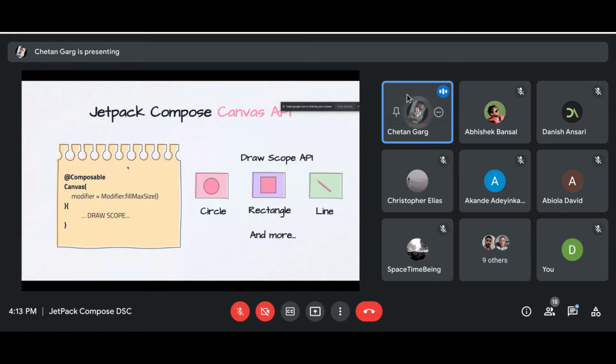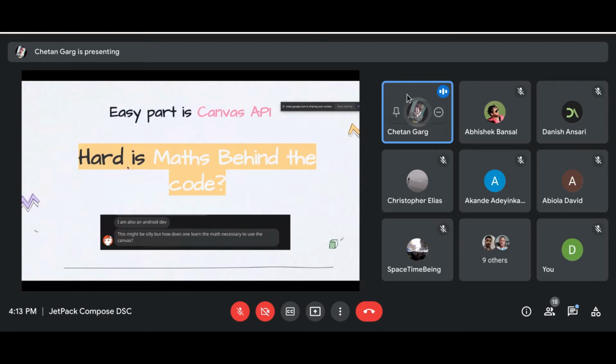But actually, why are developers like you and me afraid of using Canvas to draw things? It is because of the maths. On every other platform, after posting my example, I was getting this specific question: how much effort is there to learn the maths behind it so you can draw beautiful things on the canvas? For that, the answer just depends. It depends on the use case you are trying to solve. But for getting started, the hurdle of getting that maths down correctly, you need to first overcome that fear, so that you are not scared of the maths.